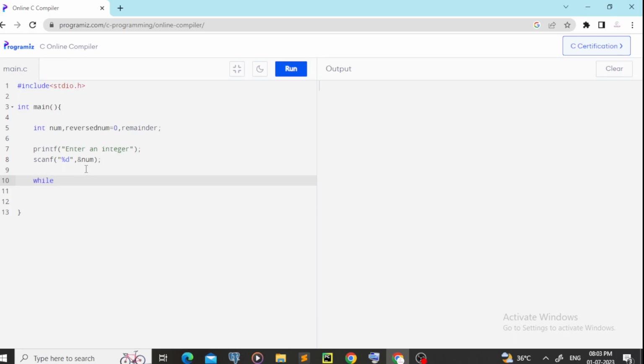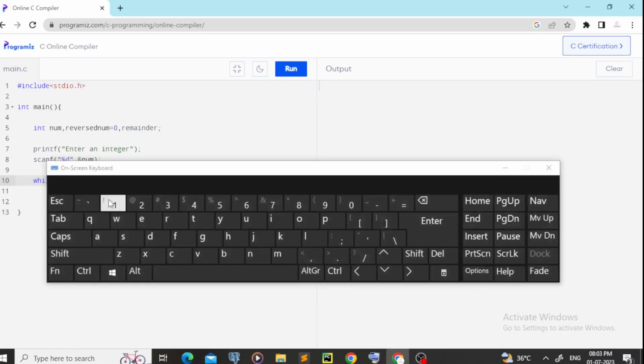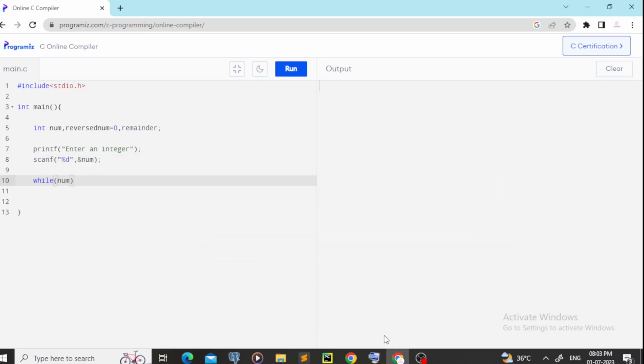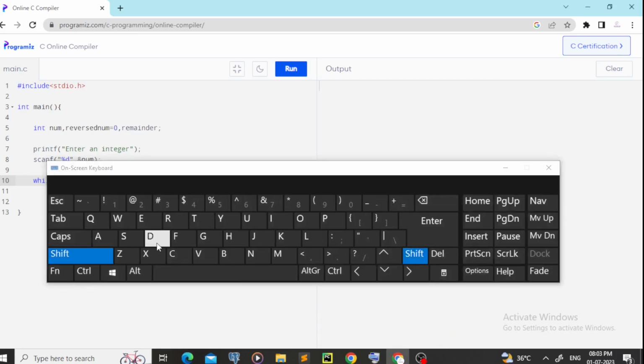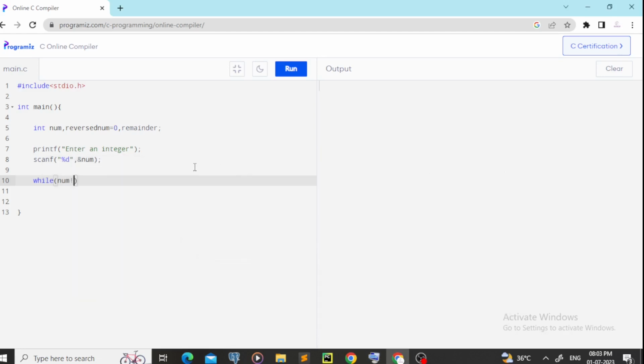While, as I said, if num not equals to 0,